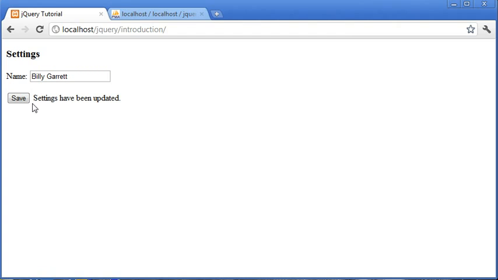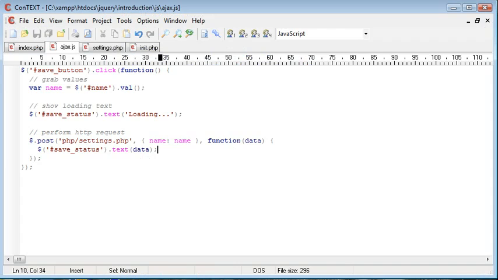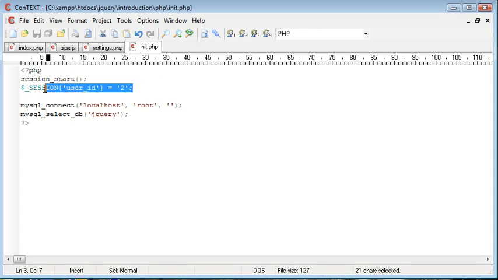settings have been updated. You should have seen the loading text come up a bit, just slightly, so you could see that. This is obviously just depending on the service, how it's running. If I click browse now, you can see that Billy has been changed to Billy Garrett. So obviously this variable here is dependent on the user that's currently logged in,